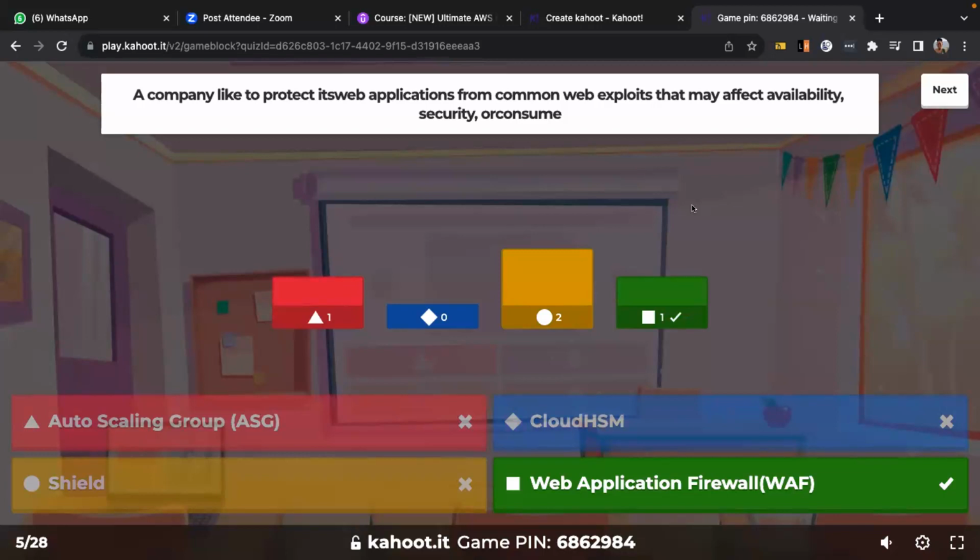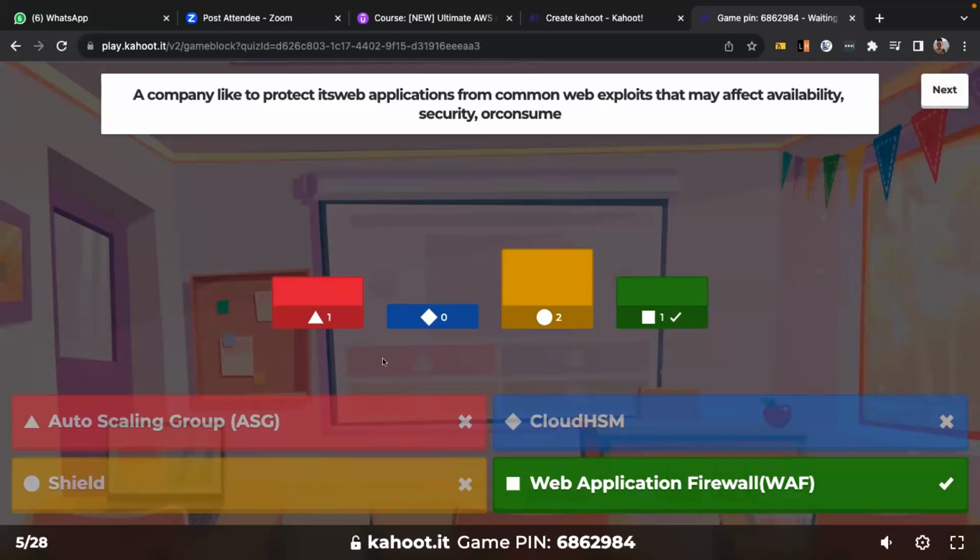So Shield can help you prevent that. But when you want to protect your web application from different web security issues, then you have to use WAF, web application firewall.